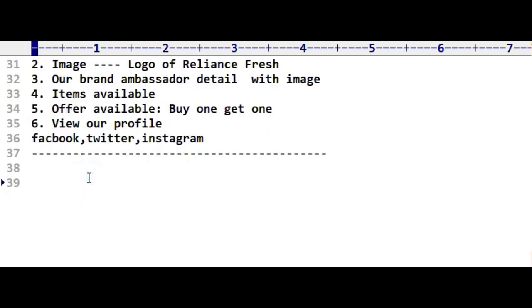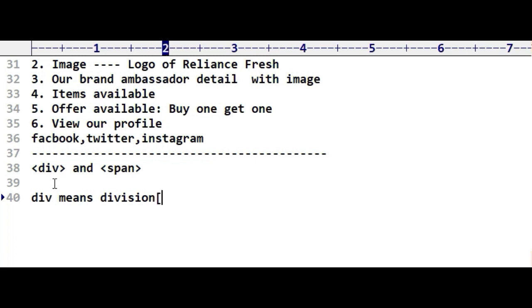Now I am going to introduce two more important tags: div, and one more tag, the span tag. What is the meaning of div? Div means division.